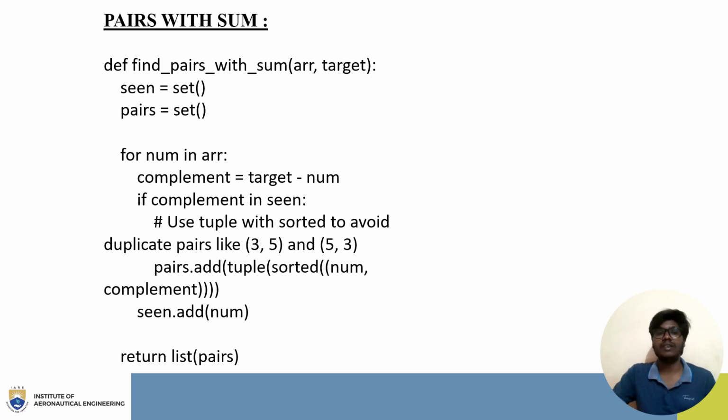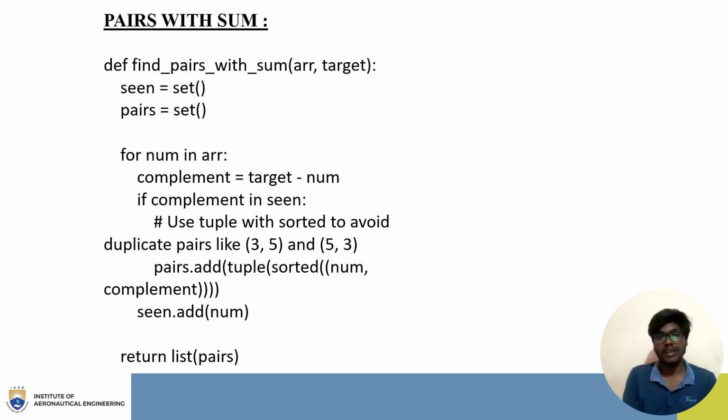Here we are first defining find_pairs_with_sum, having the parameters array and target. Here seen equals set of empty and pairs equals set. Then we iterate a for loop, for num in array, where complement equals target minus num. If the complement is in seen, then use a tuple with sorted to